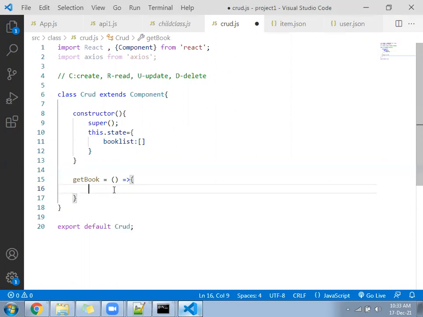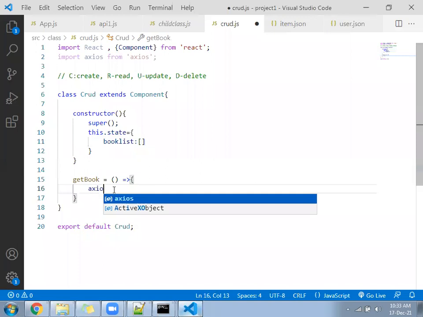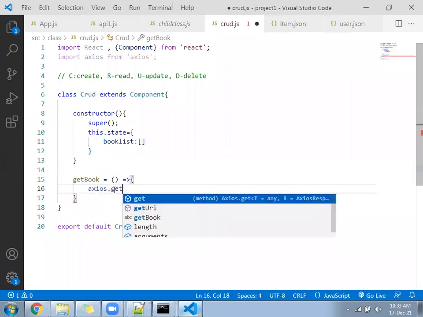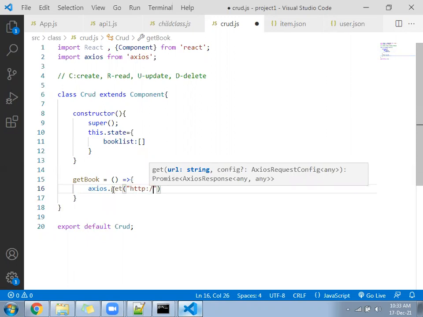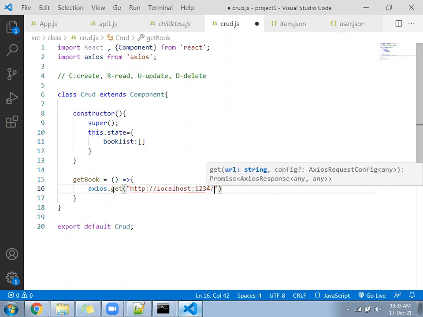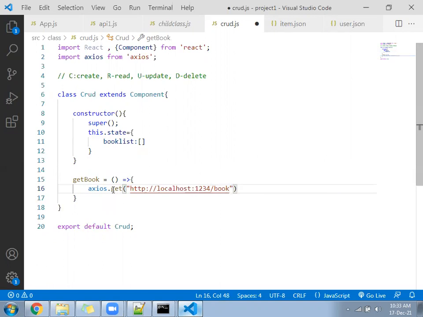Inside Axios there is a function called get. Under the get you will write http://localhost:1234/book, where book is the name of the array.